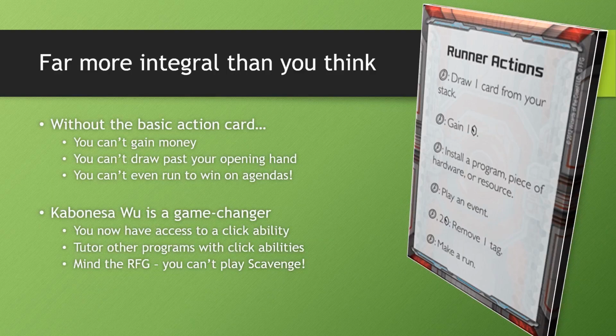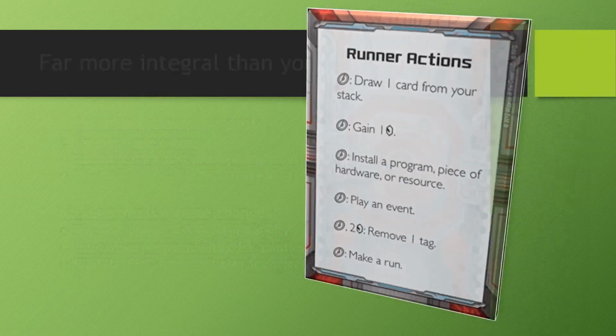Of course, we have to be mindful of the RFG, the remove from game effect from Kabonesa Wu. This is something that you usually get around with Scavenge, but obviously we cannot play Scavenge from hand. So, let's see how we are going to circumvent the limitations of not being able to use the runner basic action card. Firstly,